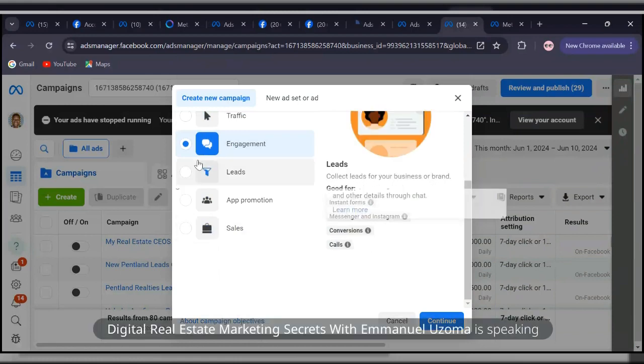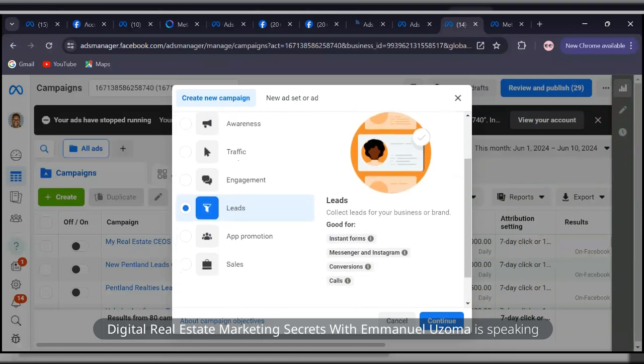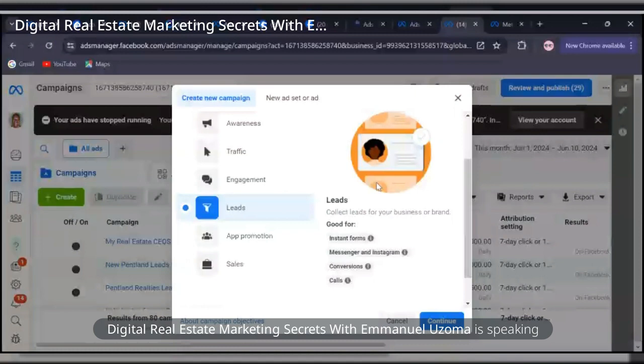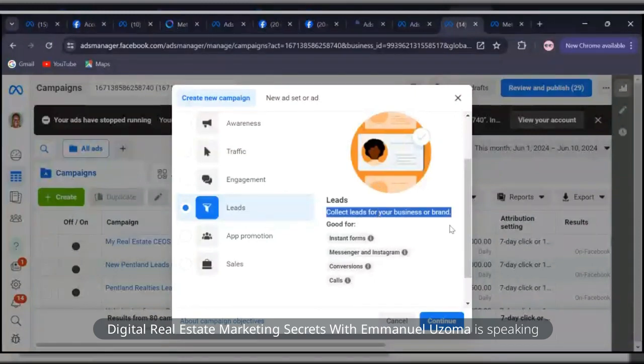All right. So then leads. Most times, this is one that I tell people to use: either leads or sales objective. If you're running ads for the first time and you want people to reach out to you and you communicate with them, use leads to collect leads for your business or brand. Then it's good for instant form, where you can create a form,